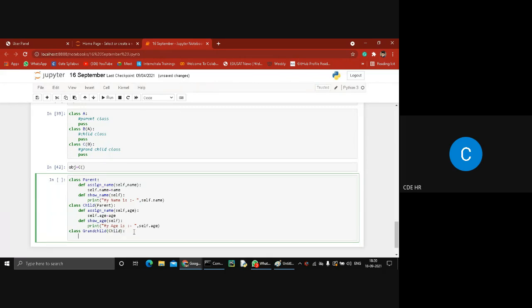So now we create the next function, assign gender, with the argument gender, and assign it to another variable, self.gender equal to gender. And now I want to write my show gender function, which contains only one argument, and I want to print "Gender is" self.gender.